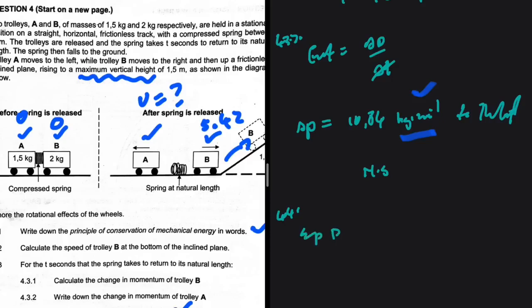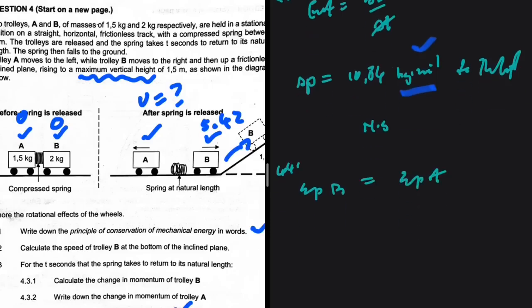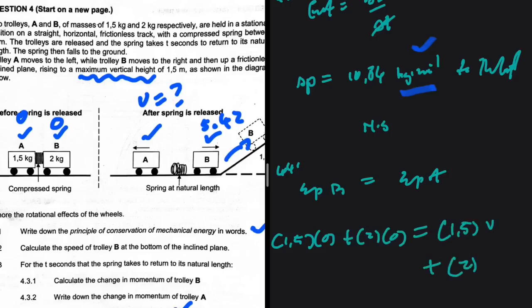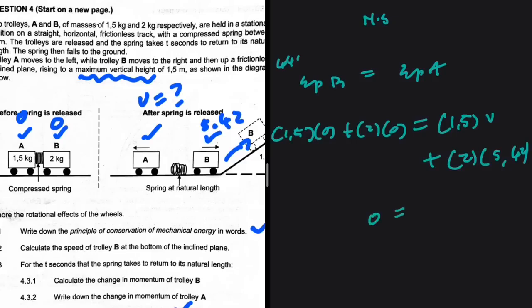So the total momentum before should be equal to the total momentum after. Before, we have 1.5 multiplied by 0 plus 2 multiplied by 0. And after, we have 1.5 multiplied by v plus 2 multiplied by 5.42. So 0 is equal to 1.5v and then 5.42 multiplied by